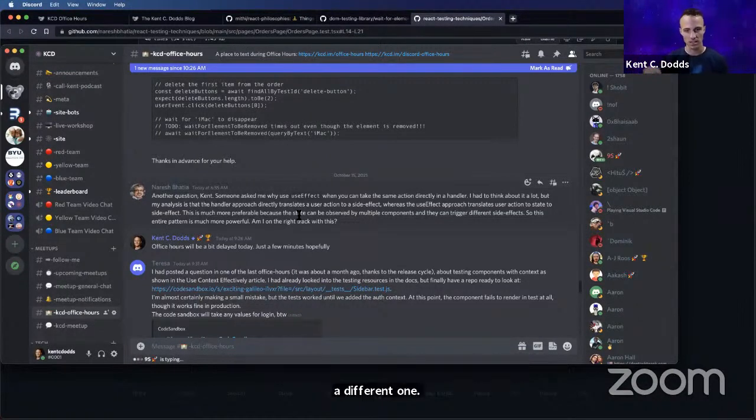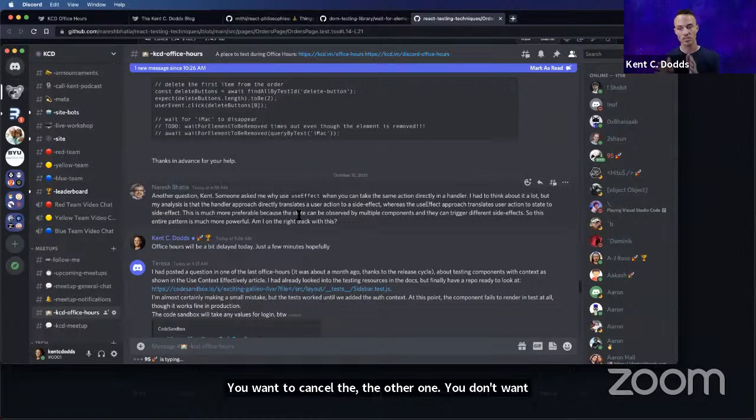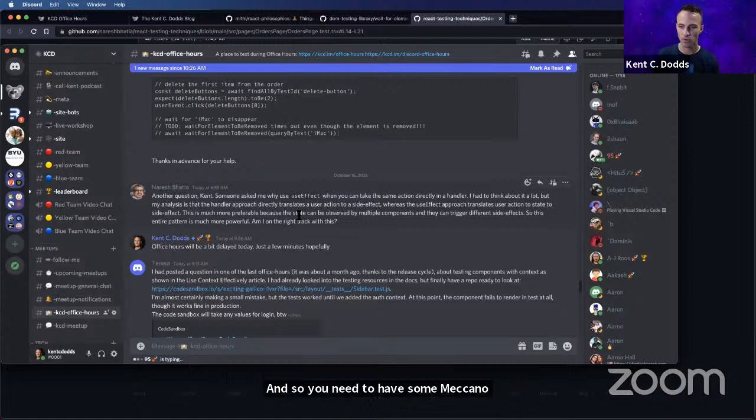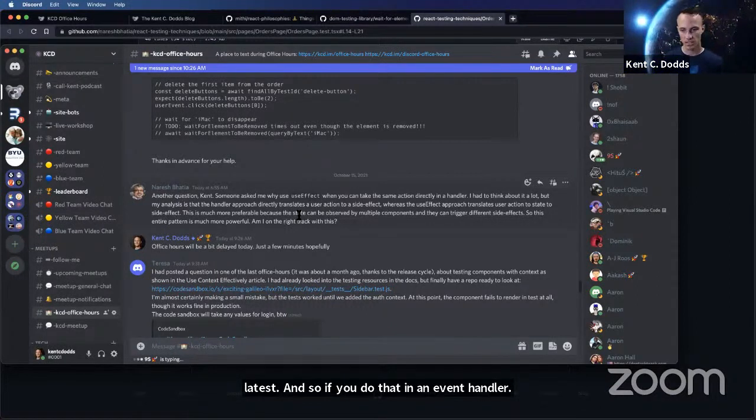Otherwise you could end up in a race condition where the second one finishes first and then the first one comes in, and now I'm looking at the wrong one. So you need some mechanism for either canceling or at least ignoring the thing that's not the latest. If you do that in an event handler, you can't easily do cancellation, whereas with useEffect, you can.